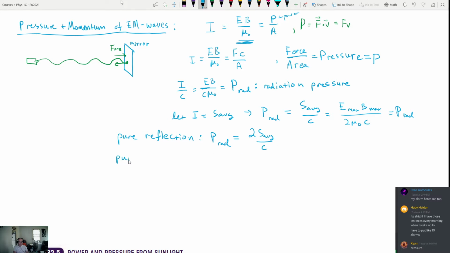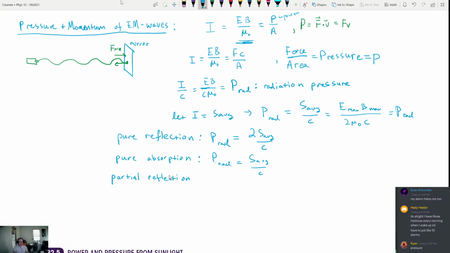And if you have pure absorption, like if you have a dark black surface and you're shining light onto it, then the radiation pressure is going to be just P radiation, this is going to be S average over C. And then if you have something that's like partial reflection or partial absorption, maybe you have a body that absorbs